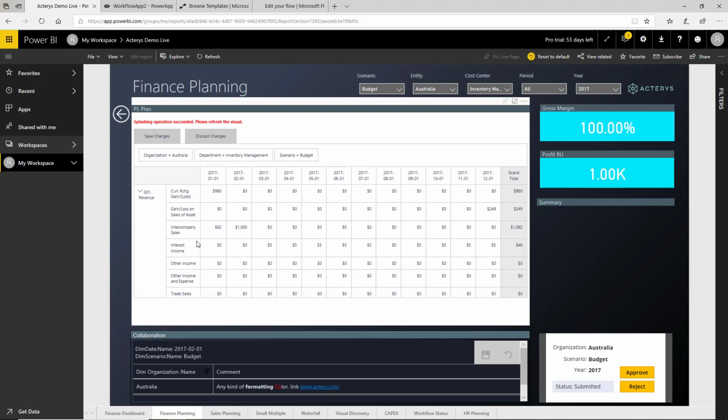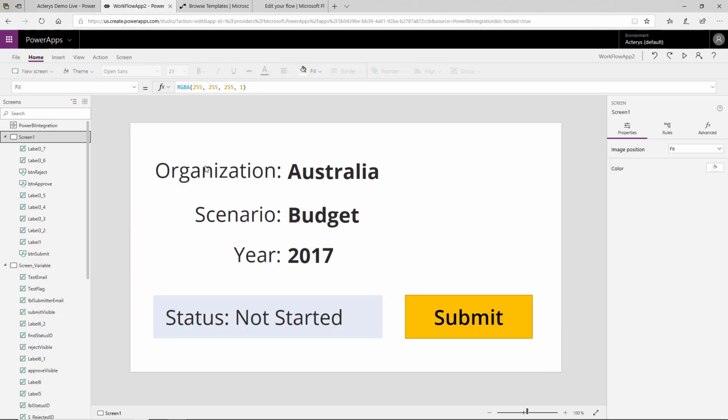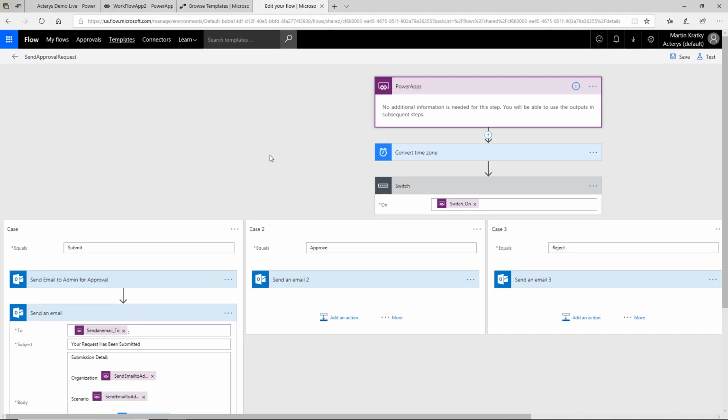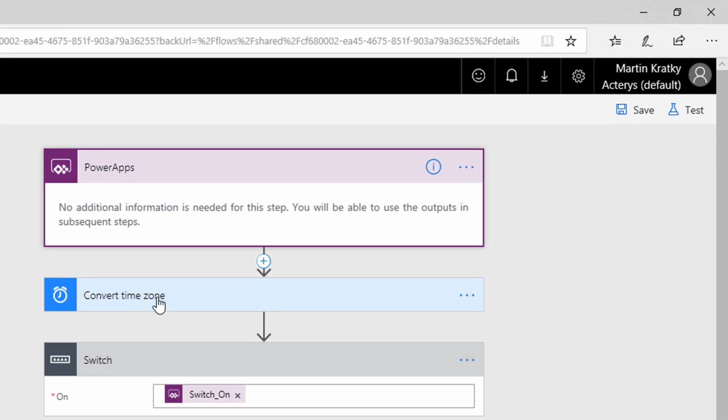The way we have been doing this is we're using a Power App here to configure the little workflow application where we show the current selected details. We provide the trigger to kick off the flow. This submit button will kick off the flow, which is defined here in Microsoft Flow. So we're starting from Power Apps, and we've got some